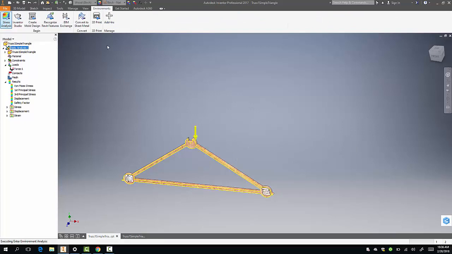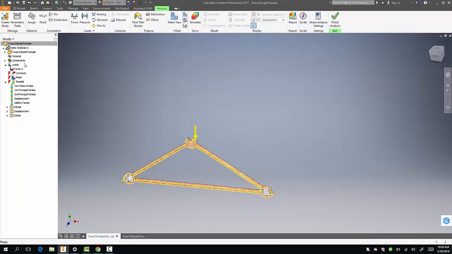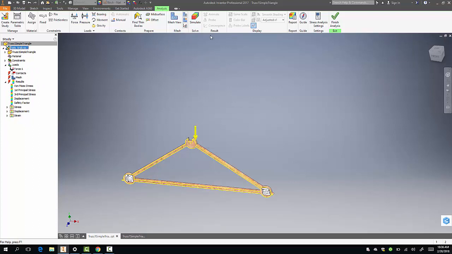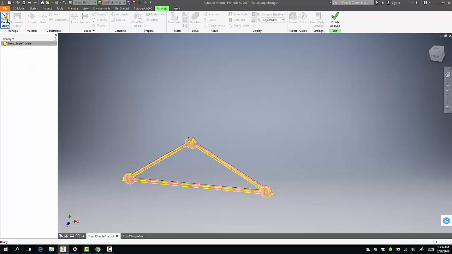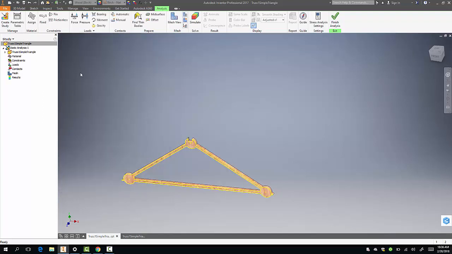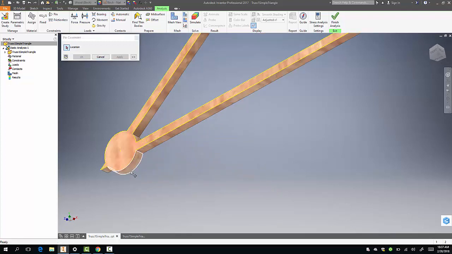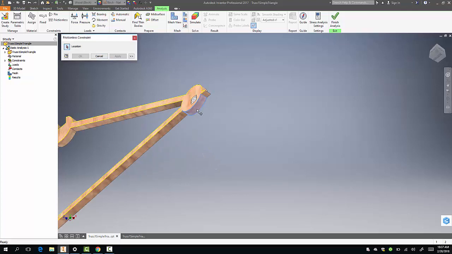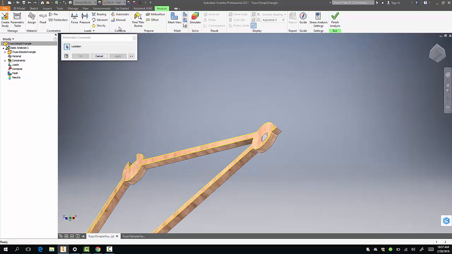So you go to the stress analysis, and you can add different types of forces on there and see how the forces impact your truss. So in order to do that, you click on Create Study. We're doing a static analysis, hit OK, and now you place a pin on one side of the truss, right there, hit Apply. You get a frictionless constraint on the other side, right there, hit Apply,